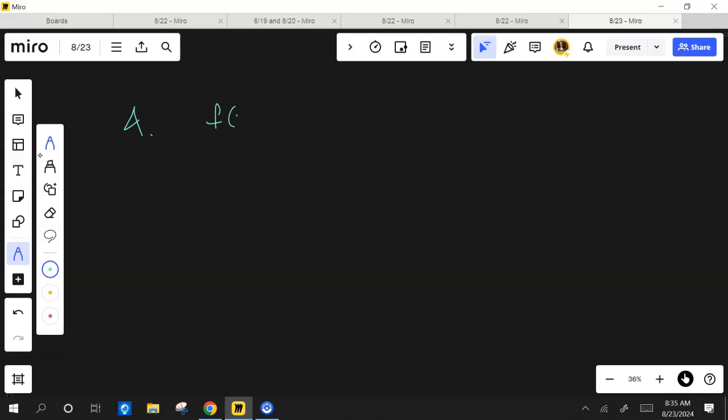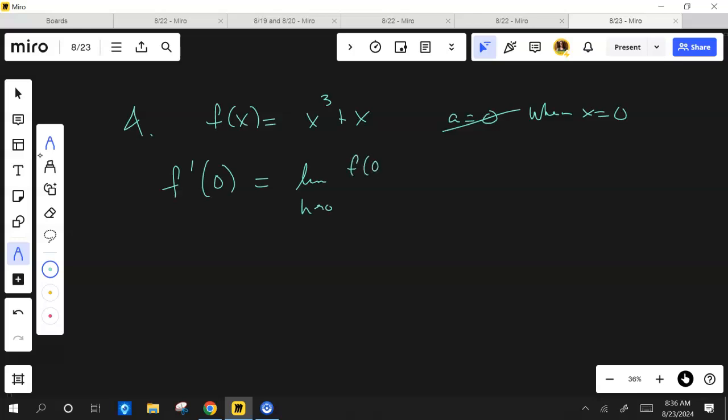They're all the new equations. So look, they're just giving this to you a little bit differently. Your A is the same thing as saying when x equals 0. Same thing, okay? It's still the difference quotient. So the derivative at 0 is going to be the limit as h goes to 0 of, okay, f of,